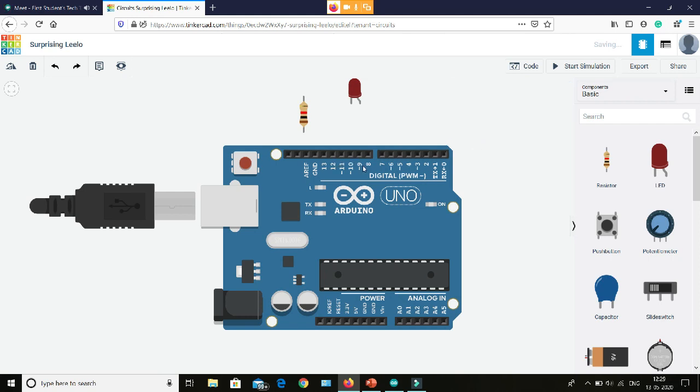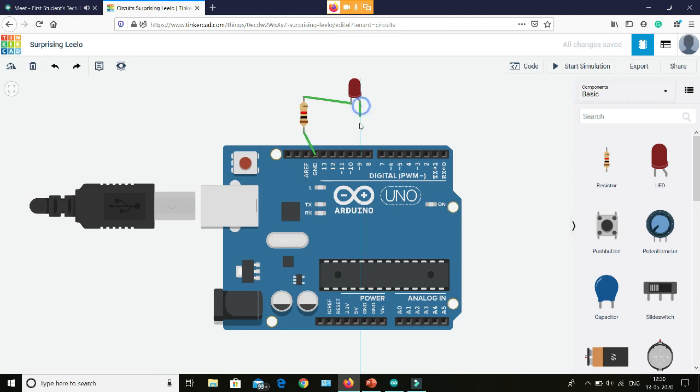The digital pins can give output in digital form, like 0 or 1. In order to take an output, I am using an LED. First, connect one end of the resistor to the ground, then the other end to any one of the digital pins which we want to use. I am randomly using the D7 pin.